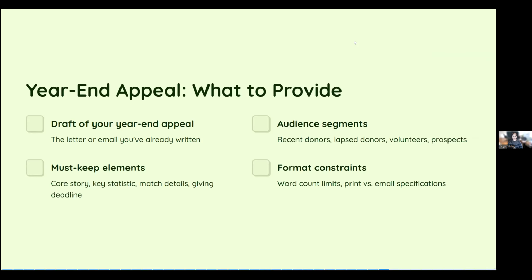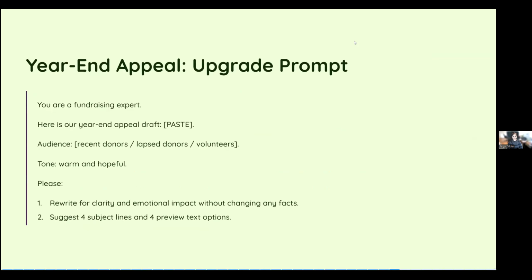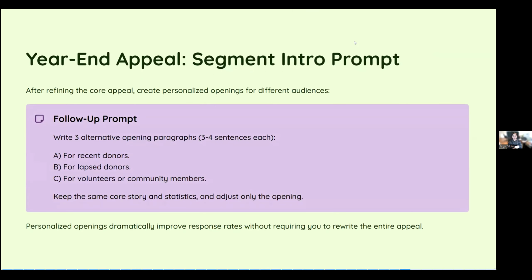Share what you have to keep and your constraints. Remember, constraints really help. So here's an example upgrade prompt for that email you have sitting waiting to go out. Why don't you just use it and see what happens? And after refining your core appeal, use